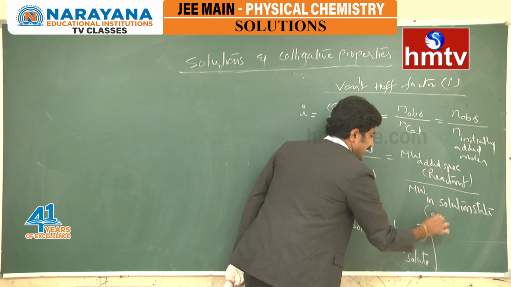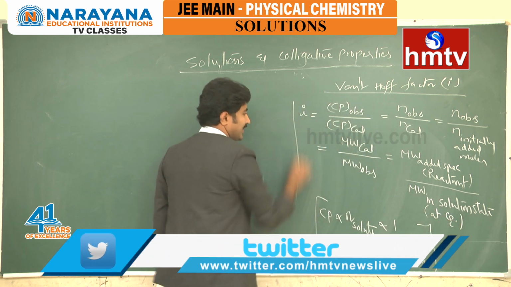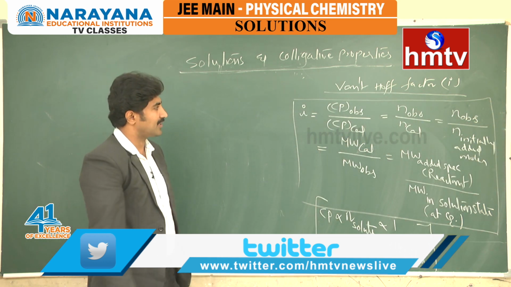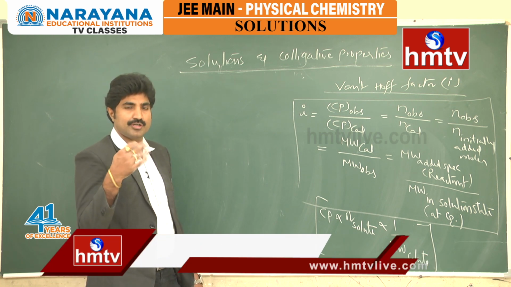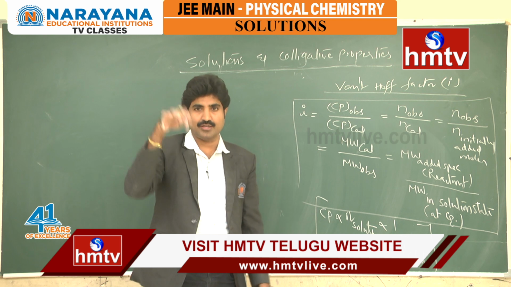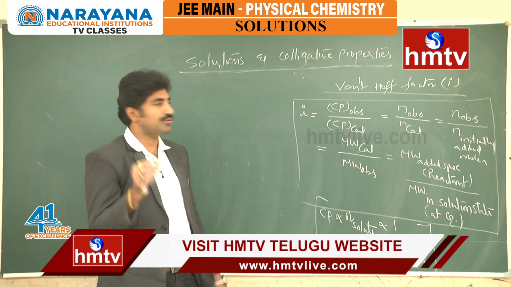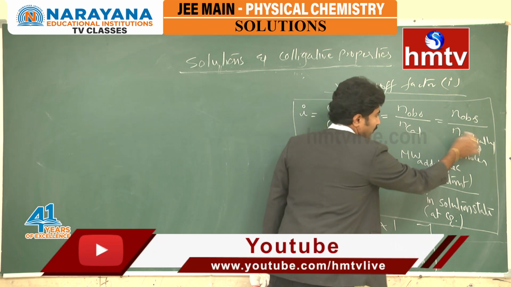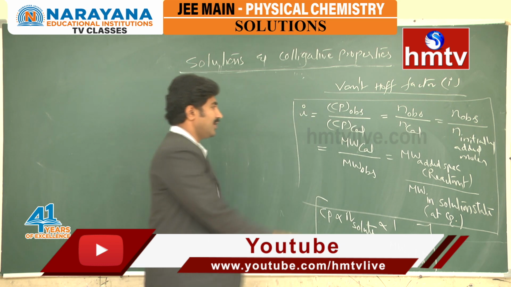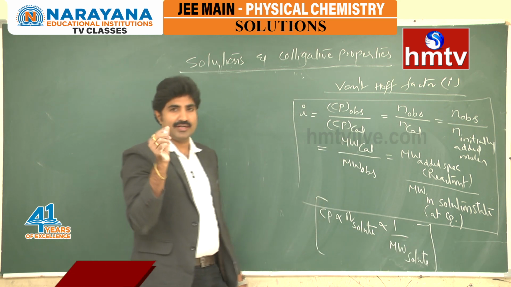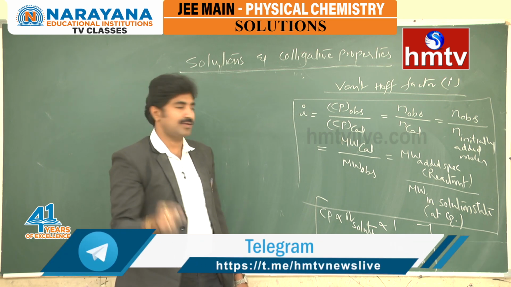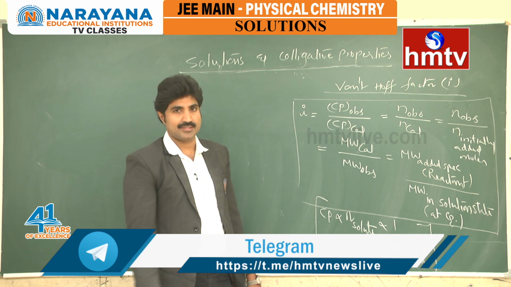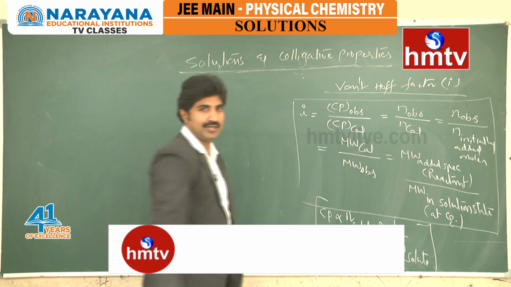that is at equilibrium. Like this we can define the Van 't Hoff factor I. So what is this? It is a ratio of observed colligative property to calculated colligative property, or it is a ratio of observed moles in the solution to calculated moles of the solute. That means it is a ratio of observed moles in the solution state to initially added moles of the solute, or it is a ratio of molecular weight of solute as per formula calculation to observed molecular weight in the solution state, that is at equilibrium state. Here, how to calculate observed molecular weight and all this I will explain.